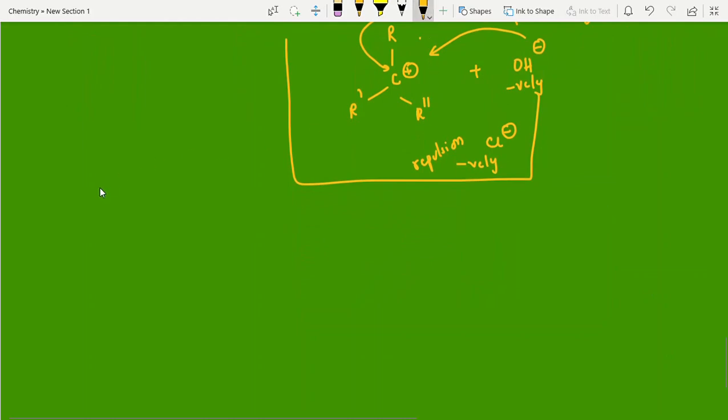Next, racemic mixture. Retention is nothing but R configuration, students, clockwise direction. S is nothing but anti-clockwise direction. Anti-clockwise and clockwise. Okay, R and S nomenclature I can do in the next video.